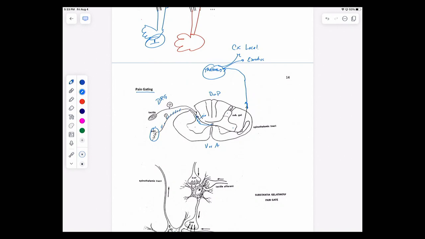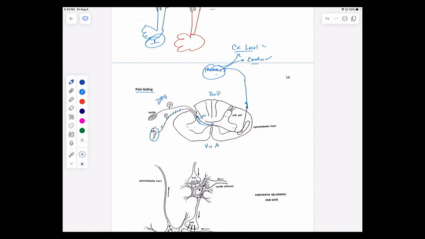So much of the signal goes to the thalamus. Thalamus then projects to the emotional part of your brain and then to the cortex for localization and intensity. So you have that going on. And so when you get to this, then all of a sudden you are aware that you're in pain, and it makes you very upset about that fact.